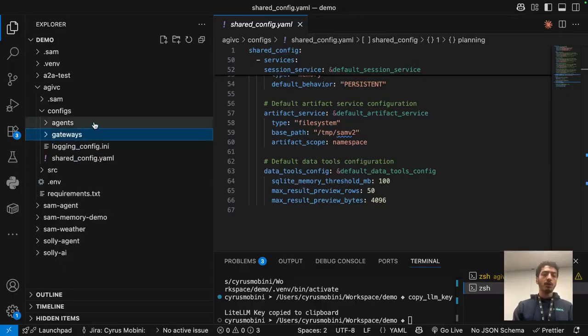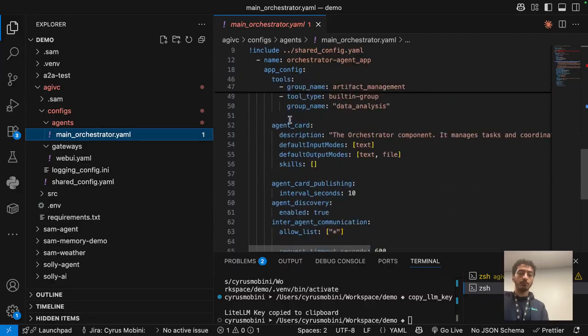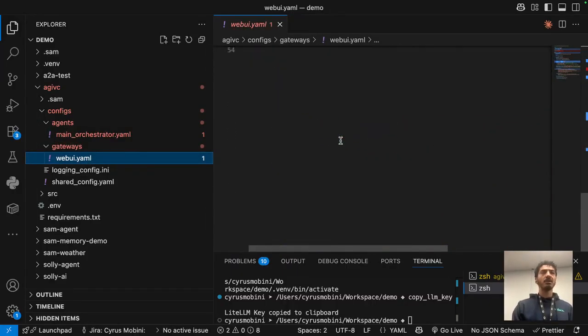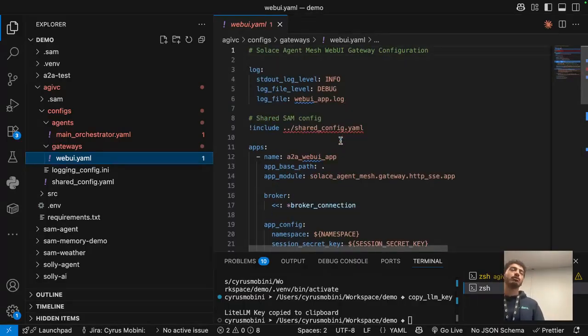And we get two other files. So we get the orchestrator file. So all of the configuration for the orchestrator would be here. And then another file we get for the web UI. You don't really need to configure anything. And if you want to configure anything here, I would just suggest to go through the advanced setup and do it through the GUI. It would be much easier.